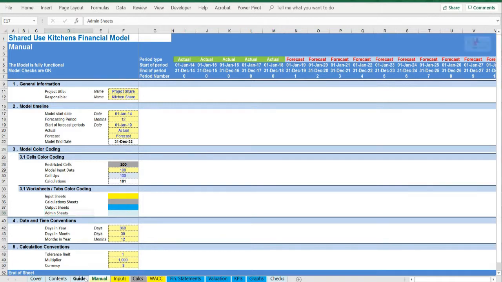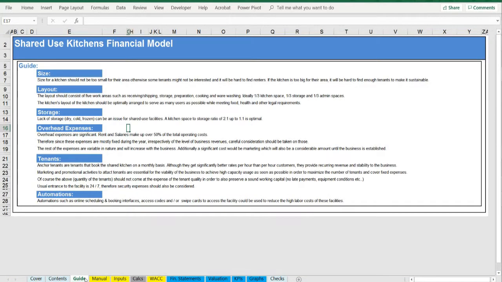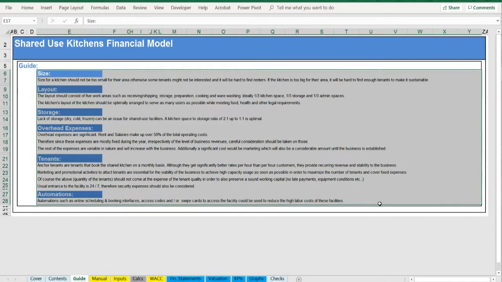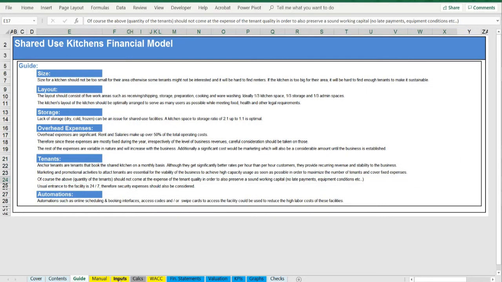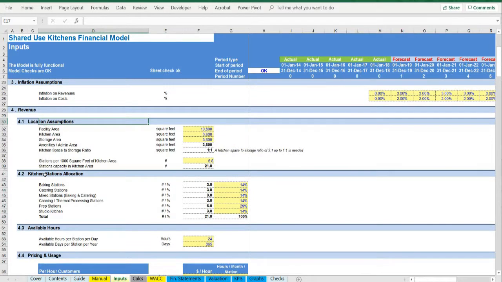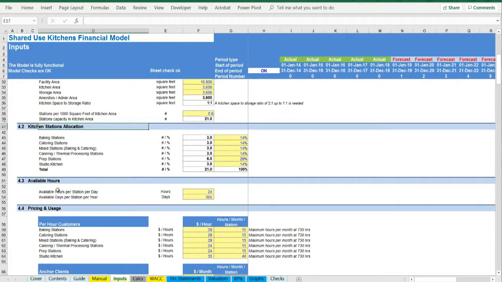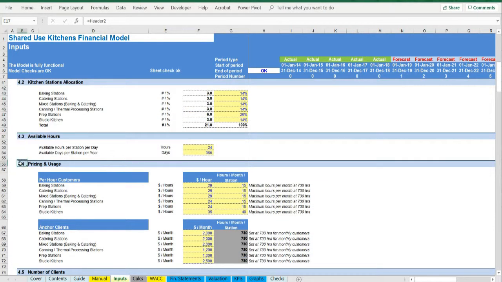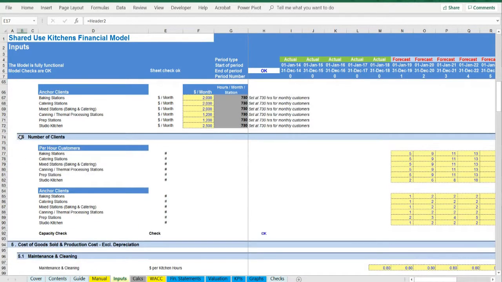Guide tab, this tab helps you to gain a grasp of the main value drivers of the model and understand the critical issues of the business. Moving on to the inputs, in yellow whatever can be amended as an assumption: detailed inputs for revenues, location assumptions, kitchen stations allocation, available hours, pricing and usage, number of clients both per hour clients as well as anchor clients,